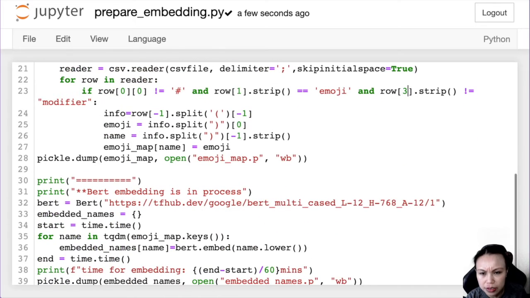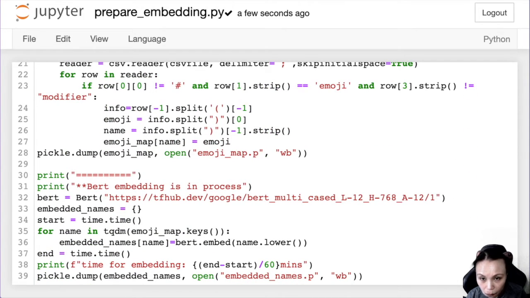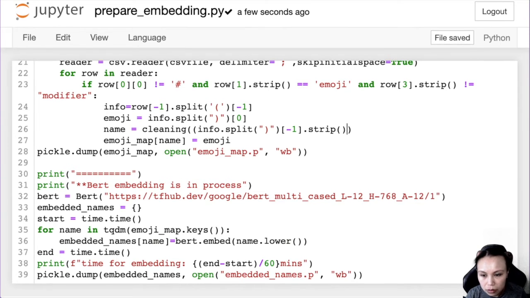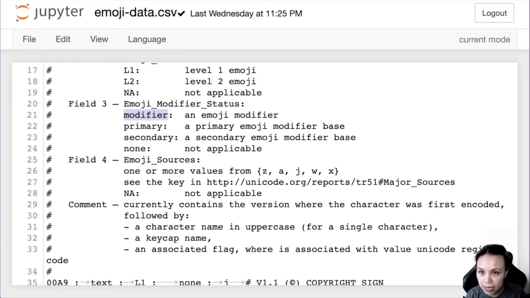And then I can do this thing. Name equals to. I would clean it like here. So cleaning emoji. Oh no, it's the name, right? Sorry. Name equals to this, so this should be cleaning it here. Right. Okay, so let's run this, and then we can try out the actual picking.